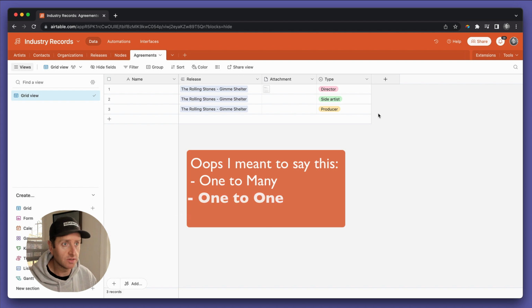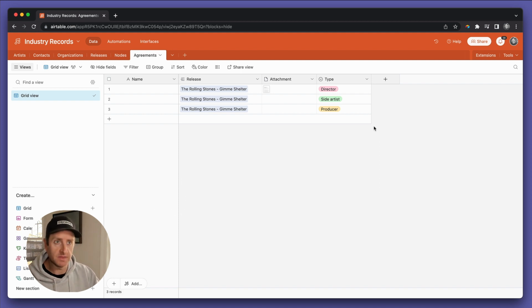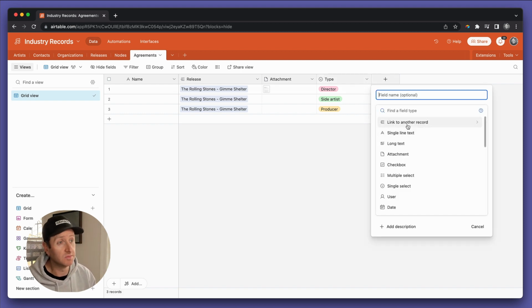And if the answer is that there are many of something to one of something else, then you open up a new table. So in this case, what I failed to realize is that one release has many agreements. And then those agreements need to be defined by things like single select fields. They also, to be honest with you, need to be linked back to contacts, right?